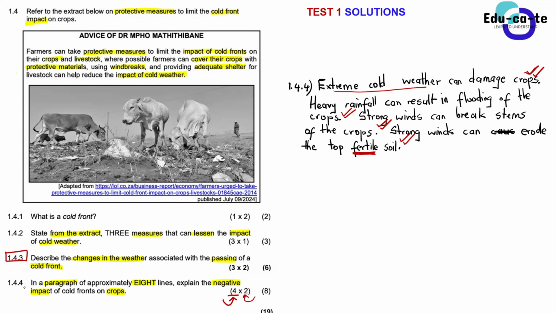Okay, when the strong winds, that's one follow-up point that you can say: when the top fertile soil is eroded, basically this results in the important nutrients that make the soil fertile being blown away.